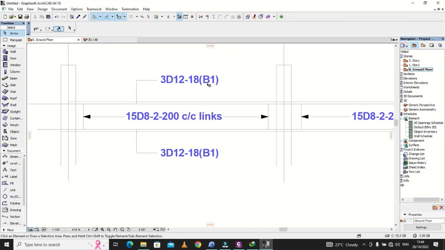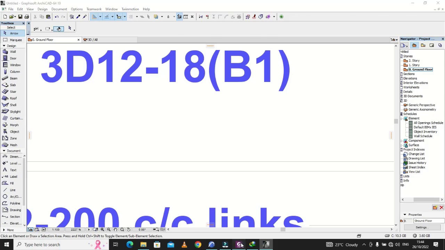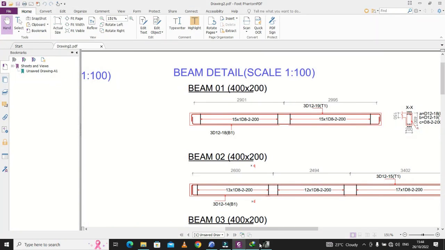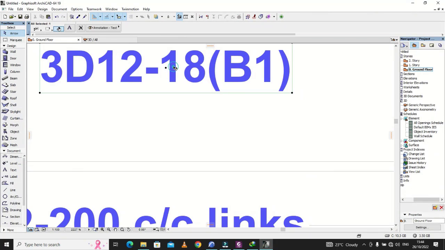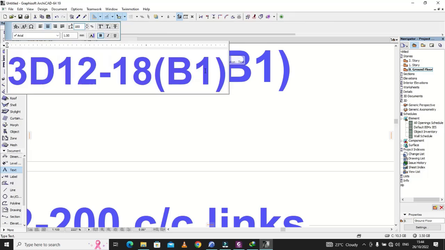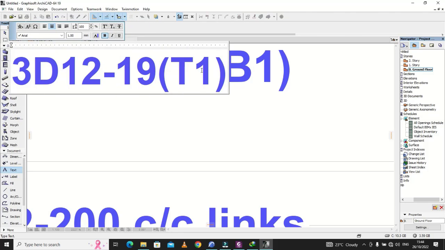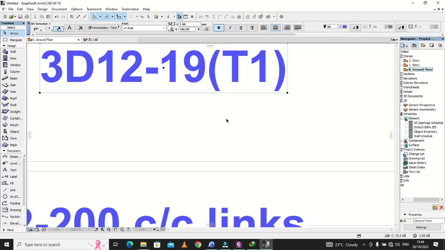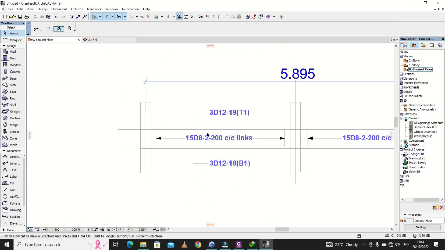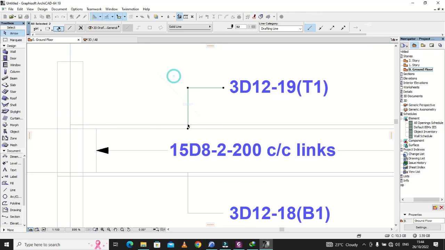So we shall edit this one, because this one is a top bar, so they're saying 3D 12 19. So we shall come here and edit the bar size. We edit the bar size and change this one to T1 like that. So we can shift the location of this